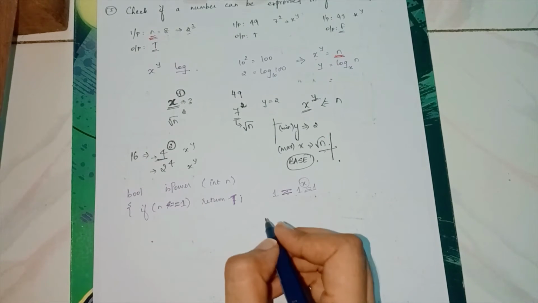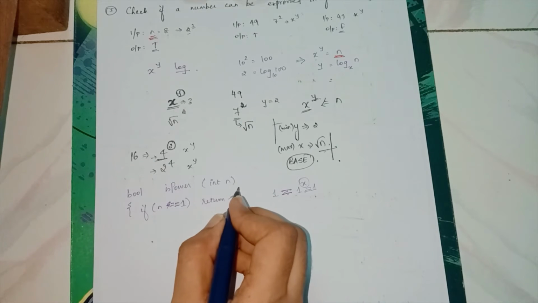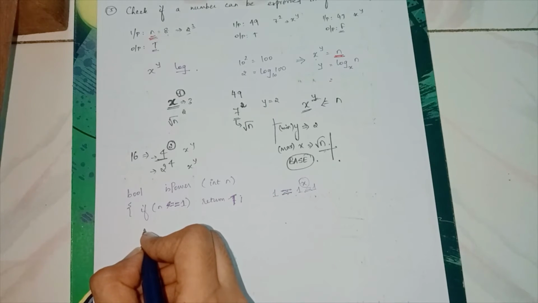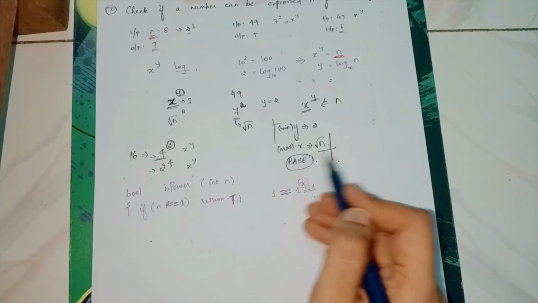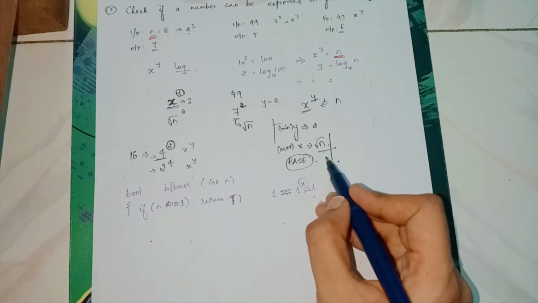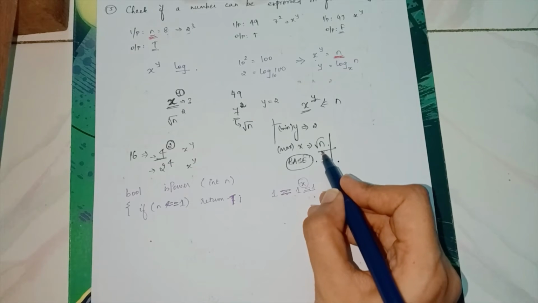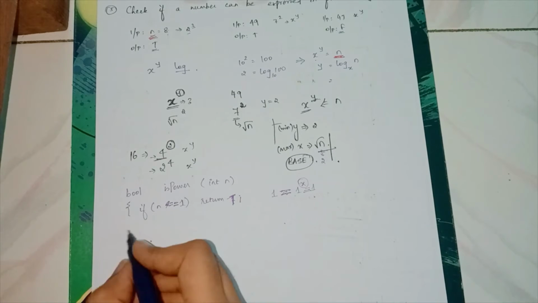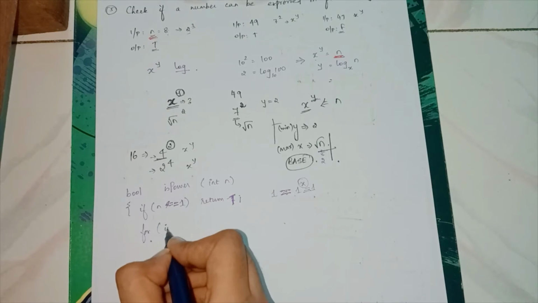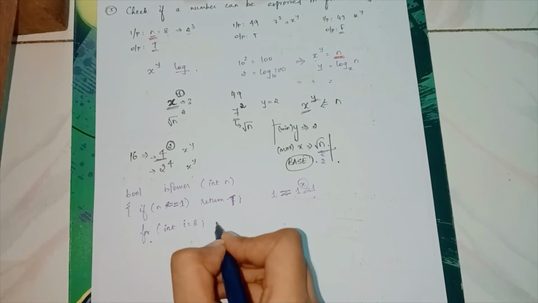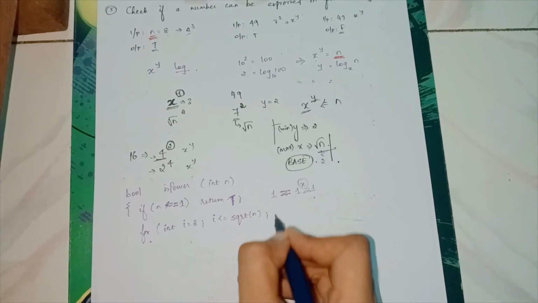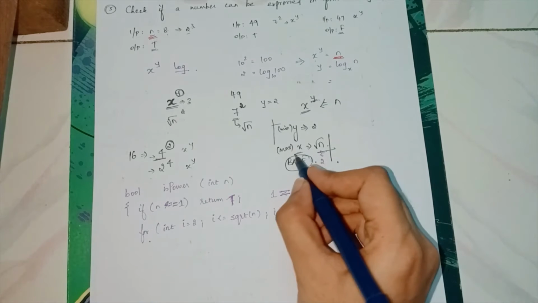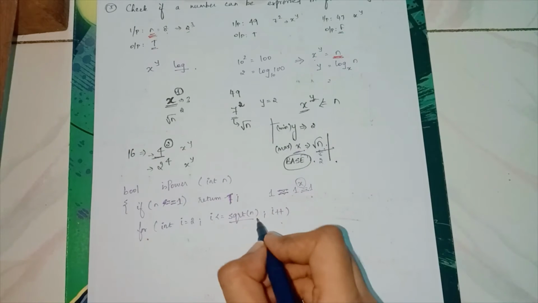Next, for other numbers other than 1, if n is something greater than 1, it can be 2 or anything. We saw that x can take a maximum value of root n. So the minimal value of x is 2, going till root n. Let me run a for loop: for int i equal to 2, i must be less than or equal to square root of n, i plus plus, because x can take the maximum value of root n.